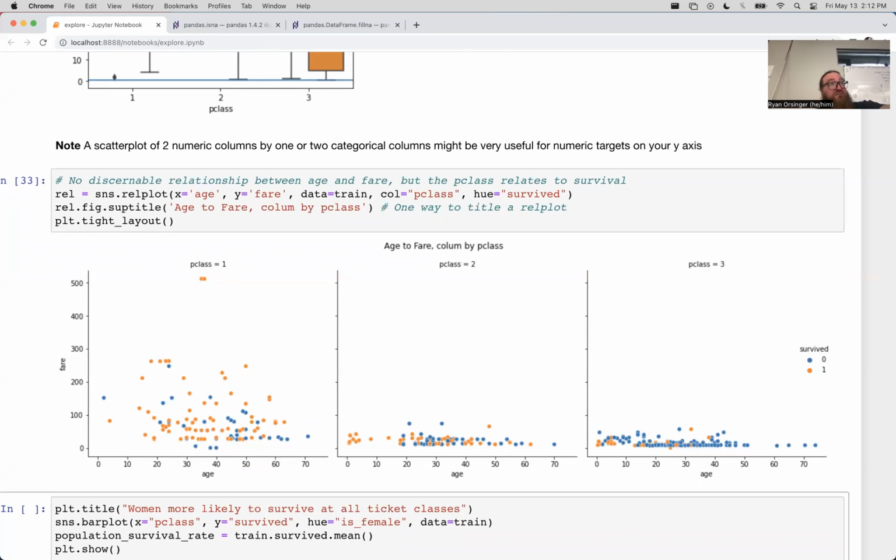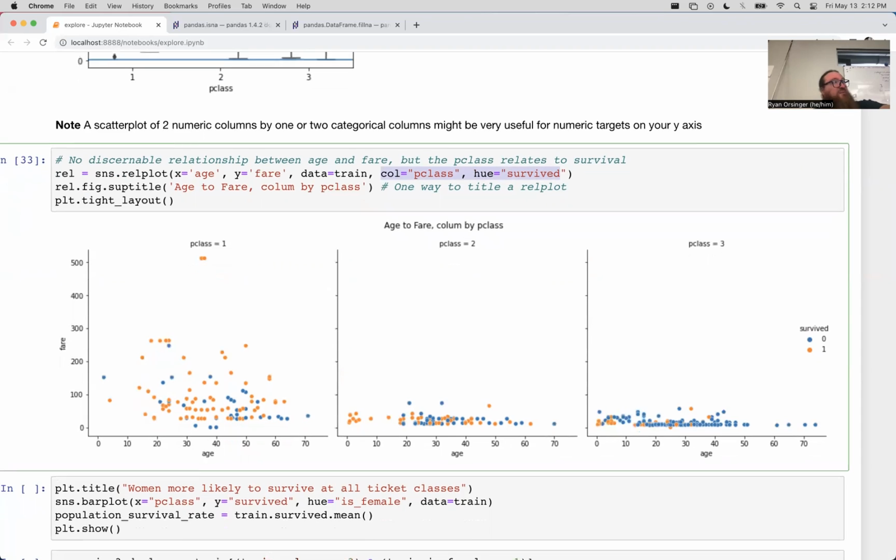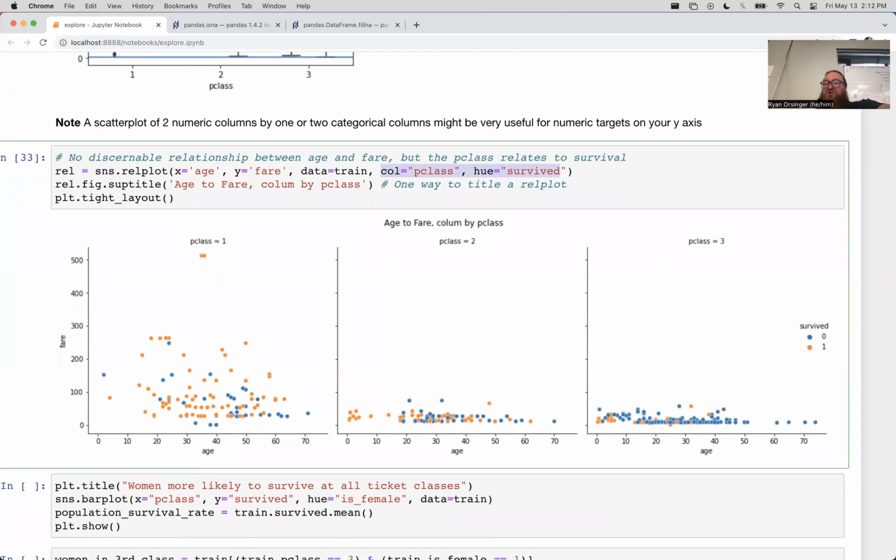And this is showing us, just like David was asking about, we are currently looking at 4 different variables. So 2 are numeric, the X and Y, and then the col and the hue are 2 more categorical columns. So this is a lot of power. And this is pretty easy to reason about. There's not too much noise on this chart, right? I really like looking at rel plot through this.